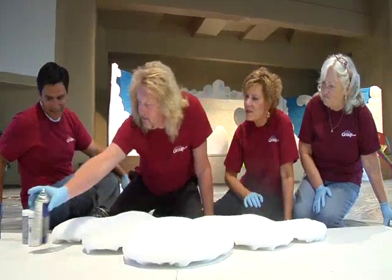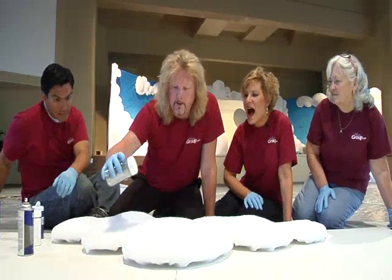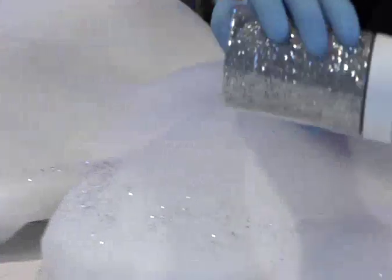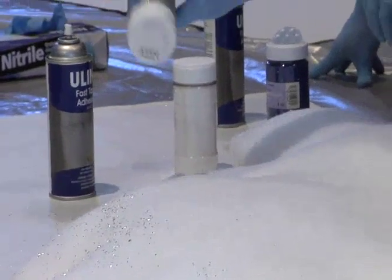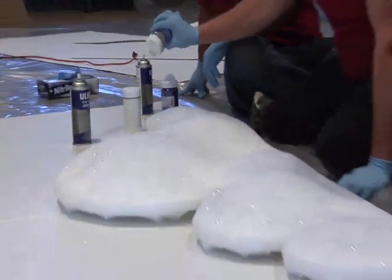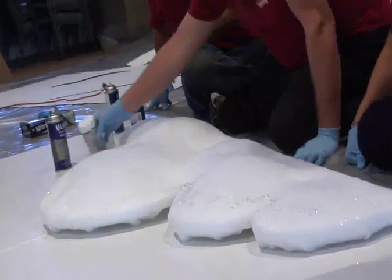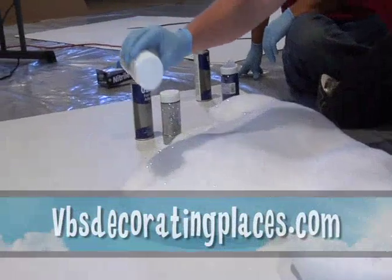And then we happen to have some glitter, and we had some silver glitter. Wow. And then you can see how I'm just doing it up on the top of the spray. We bought different colors of glitter from our local hobby store. You can use silver, gold, blue, or even pink to give your clouds a cool looking glow. Remember, you can get detailed instructions and patterns online at